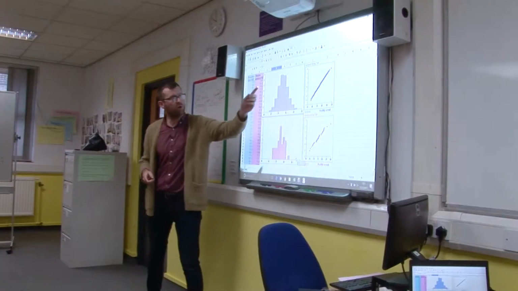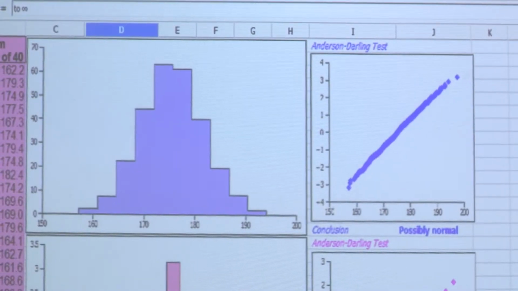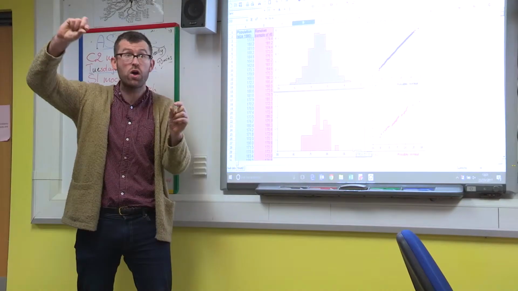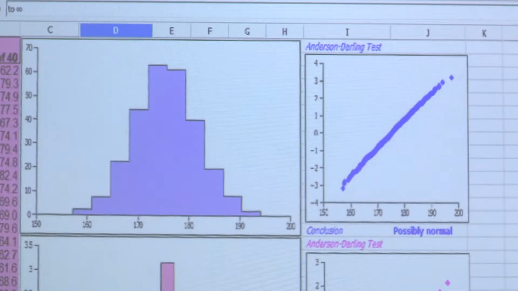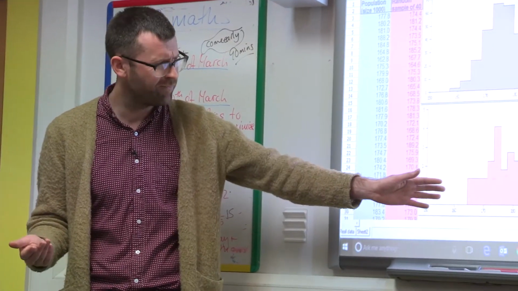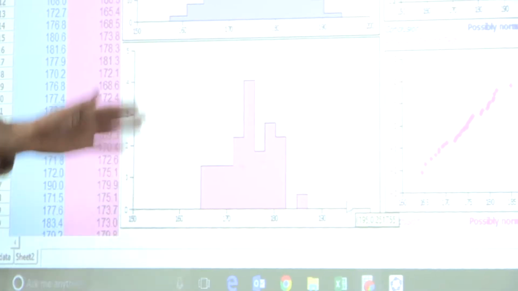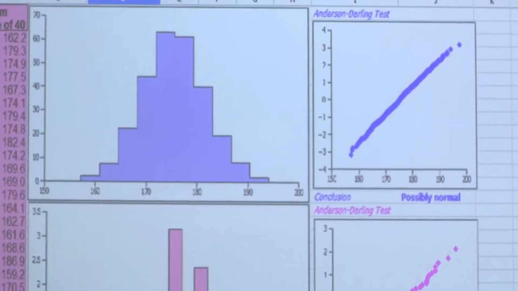Yeah. Right. Also, all you need to really know about this graph is, if we get a linear correlation, then we can be pretty convinced that what we have is something that's normally distributed. Take on the other hand the pink data. It's the same data, but it's just a sample of size 40. We take a look at that, are we convinced that that's normally distributed? More or less. More or less, okay. But as convinced as this? No. No, not as convinced as this, are we?